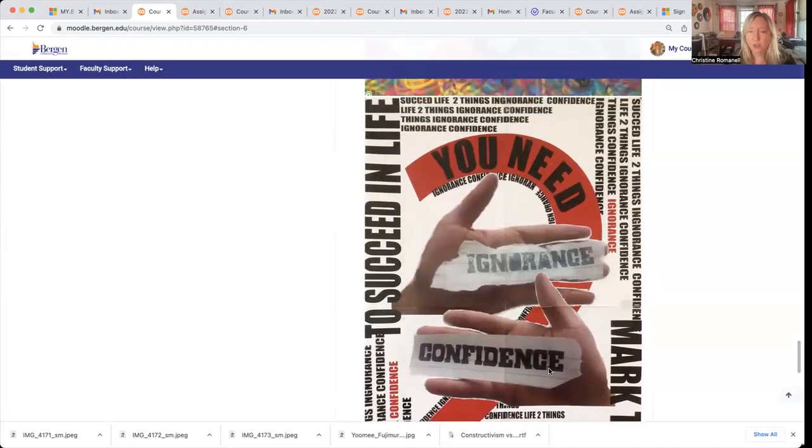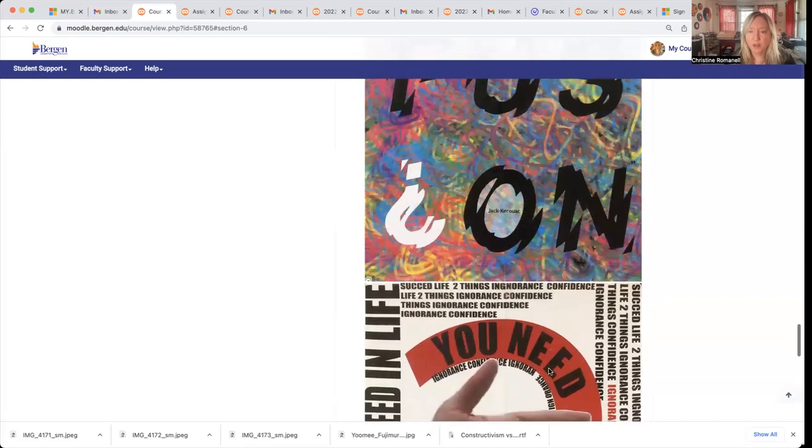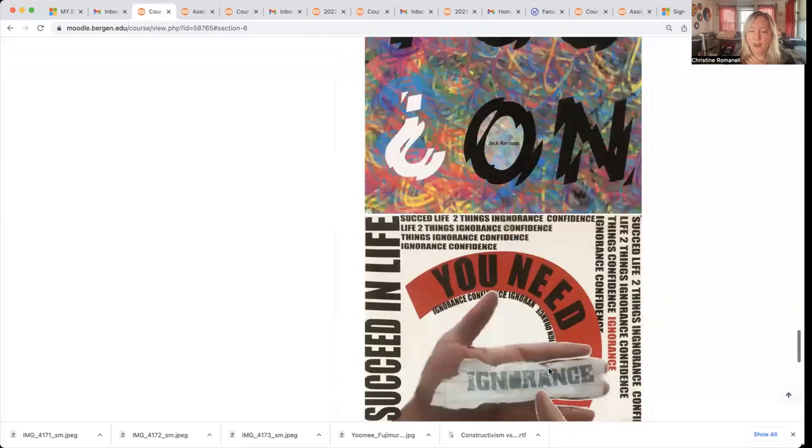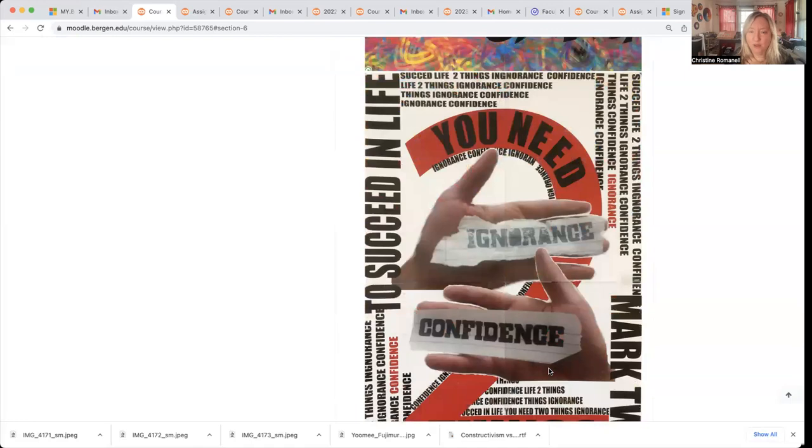So again, research these authors, pick something that speaks to you, and understand the author, understand the quote, really absorb it into your thoughts. And I'm looking forward to seeing all your designs.